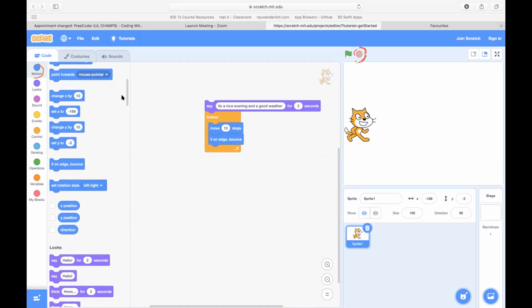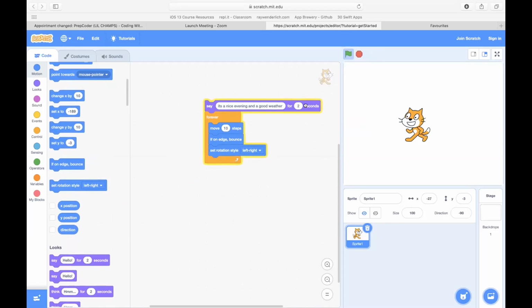Drag and drop this over here. Set rotation style, after if on edge. Yes, very good. Done. Yes, thank you. Now again click over here and show me. Very good. Now it is coming back correctly.